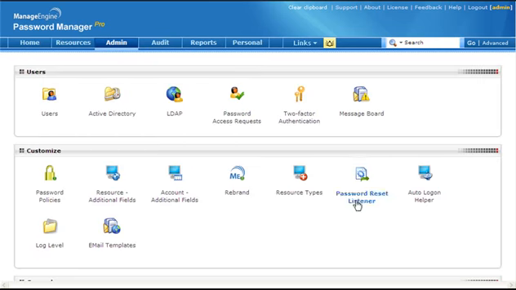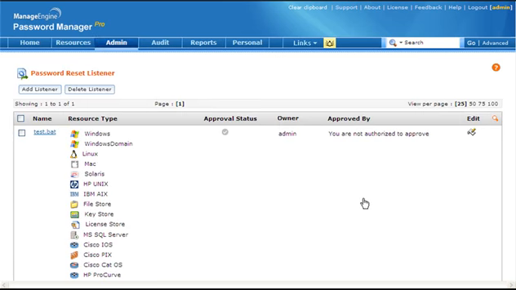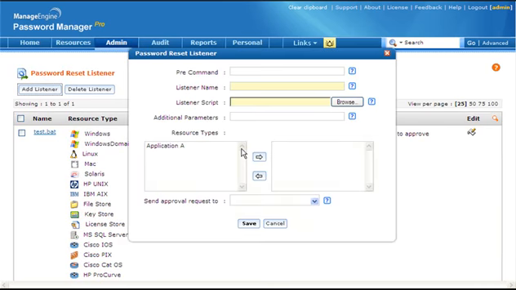Password reset is one of the important operations performed using PMP. After resetting the password of resources or accounts in PMP, there might be requirements to carry out some follow-up action automatically. This could be done using the Password Reset Listener. For example, immediately after changing the password of a resource, you can restart its dependent services. In short, you can define any desired follow-up action as a script and PMP will simply execute that script after